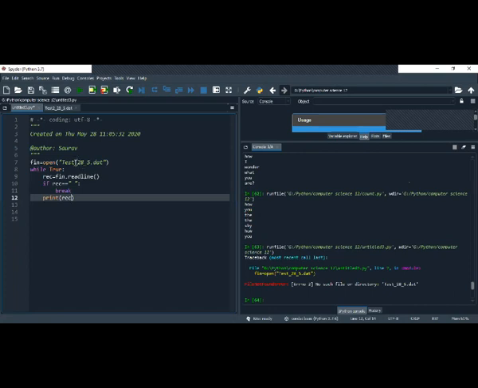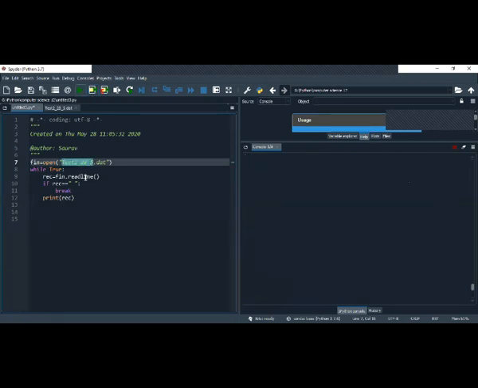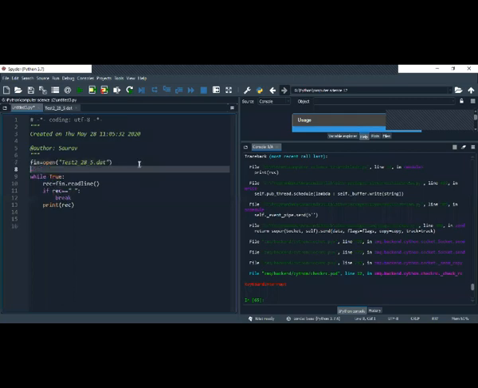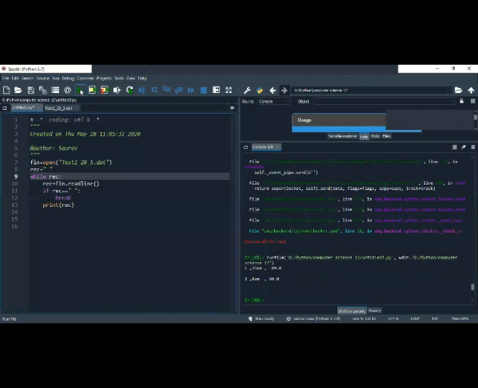Test, test 2. So I got the two data, and now I want to split them.